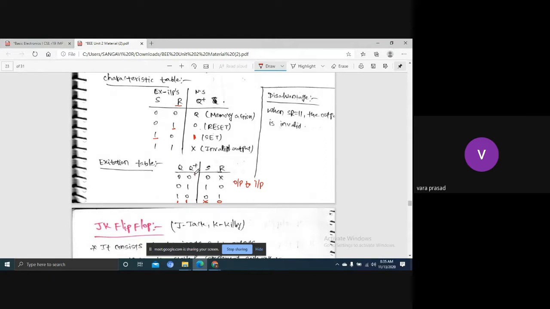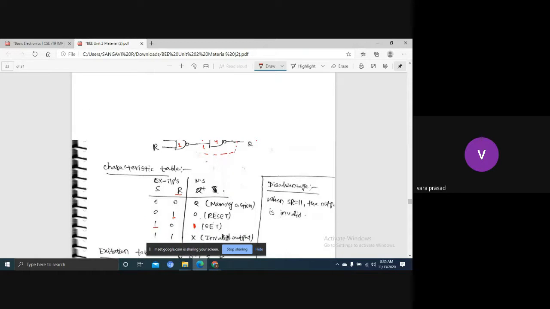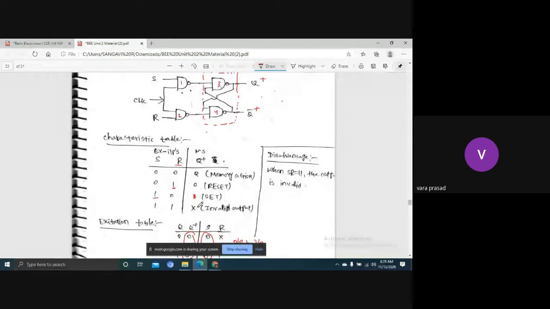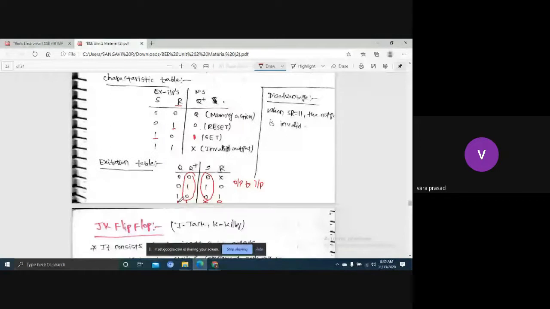Here I will get don't care 0. Up to here you have to remember this: 0 1 0. Here S will repeat 0 1 0. Last one 1 1 don't care, because here also you got 1 1 as invalid. Here also 1 1 is don't care. Please keep in mind. Or how we can write? Reverse you have to write. Here don't care, here don't care. First here, last is don't care. Here, bottom to top you have to write R1.